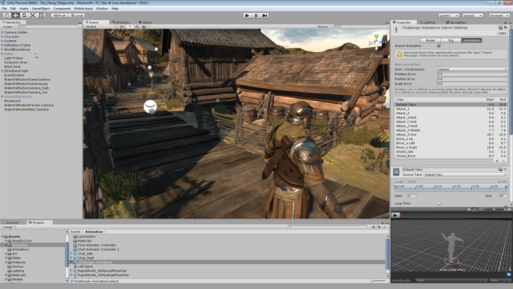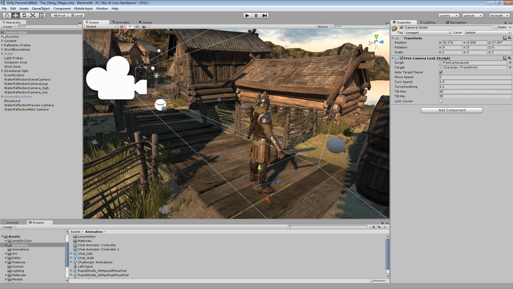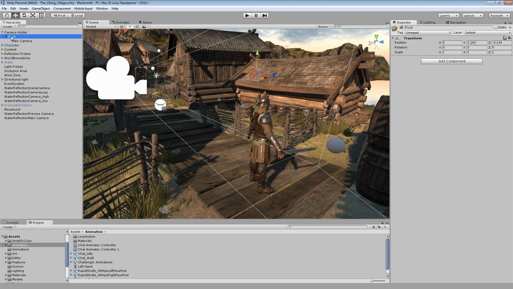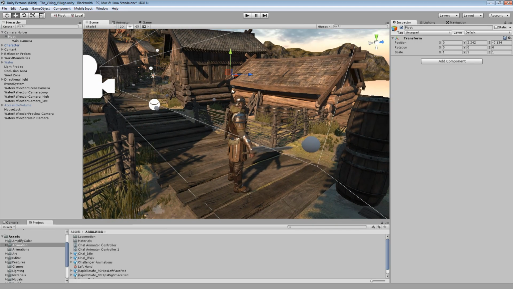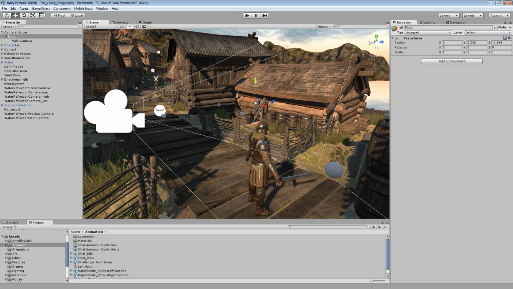Now let's start with a camera so that we can get rid of this right now. You'll create an empty game object. Inside that empty game object, you will create another empty game object which will start as the pivot. So our camera will rotate from this. This will be the pivot point of our camera, so it will rotate around over here,